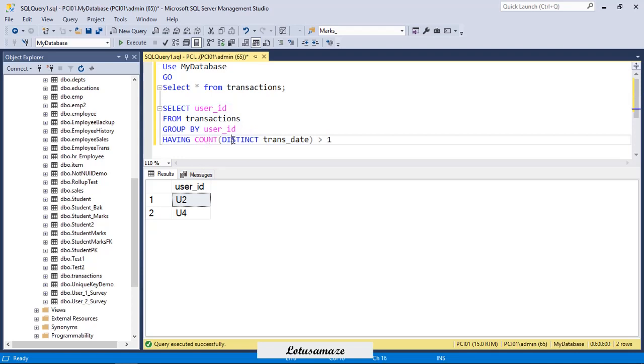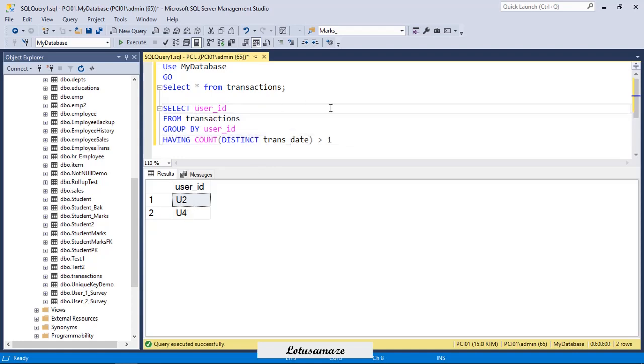The user can do multiple shopping on the same day, but we have to find out the unique, multiple, different dates. That's why we have distinct and count date greater than 1. At least, a user should have at least 2 dates. So we have U2 and U4.